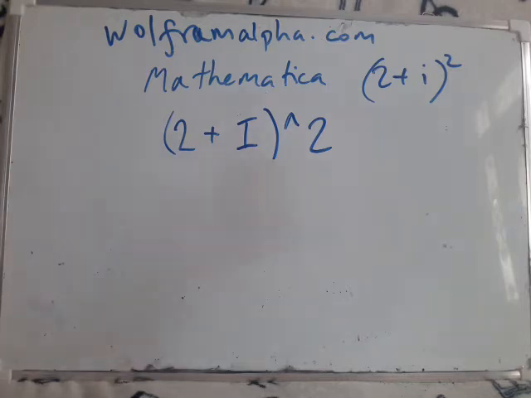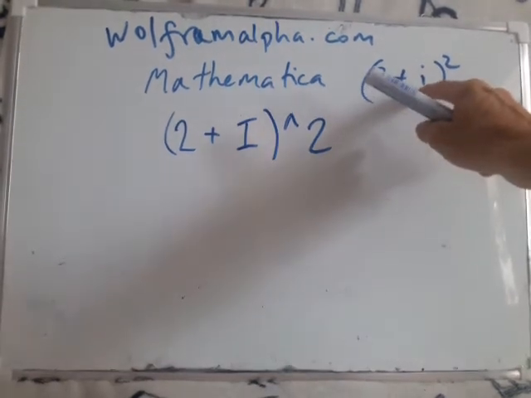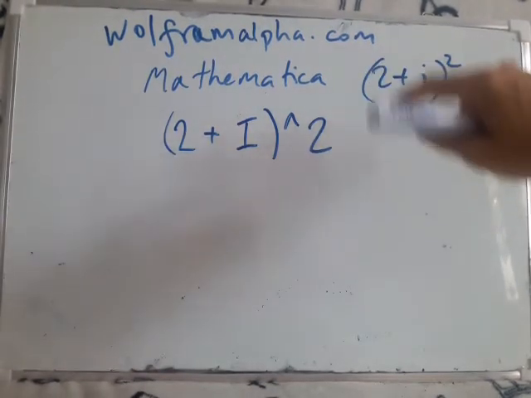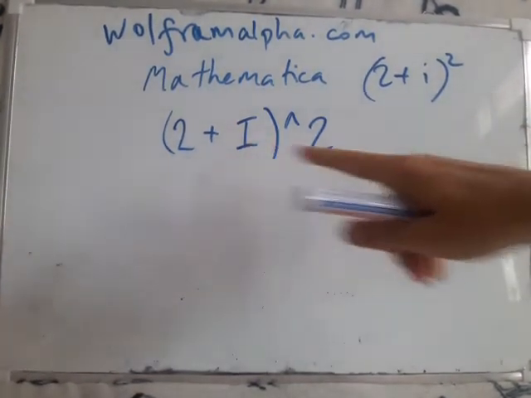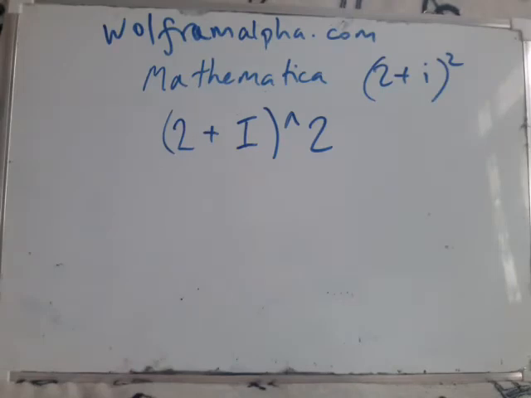Okay. The thing to remember is that our square root of minus 1, which we normally write with a little i, in Mathematica, all the functions and all the constants start with a capital letter always. So we have to have capital I in this case. Okay, so Mathematica,